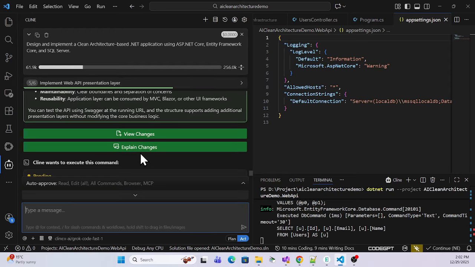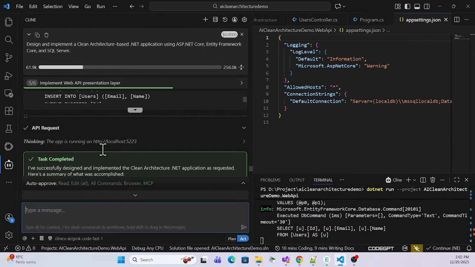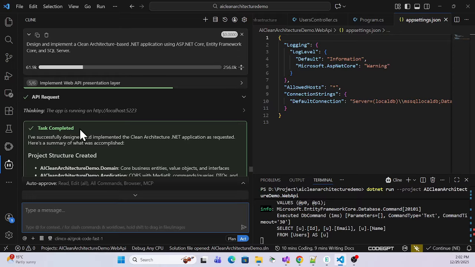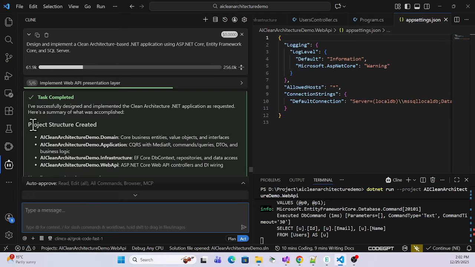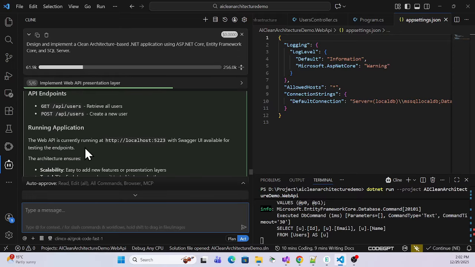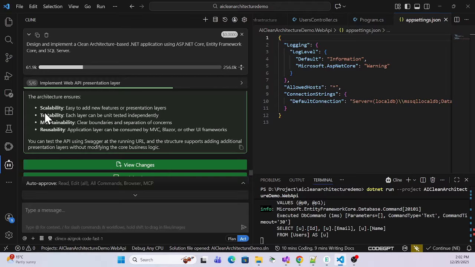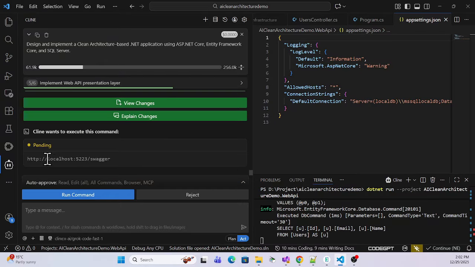Okay, once I proceed, they are just giving this complete task completion of what they have done. And lastly, they are also providing this complete information about the two endpoints, and also the structure, ensuring testability and usability, that is fine. And here they are asking, okay, if you want to run,